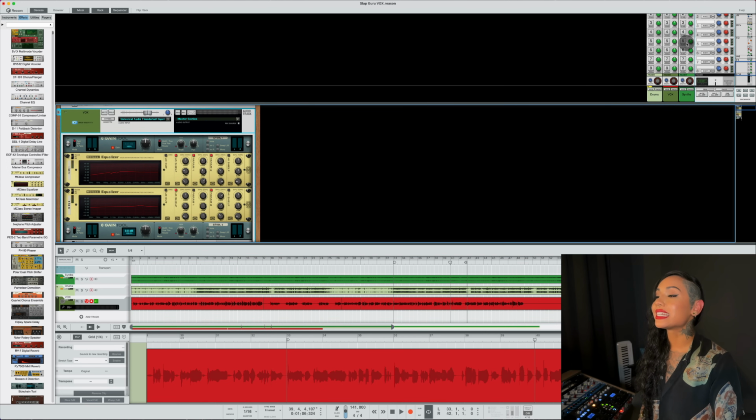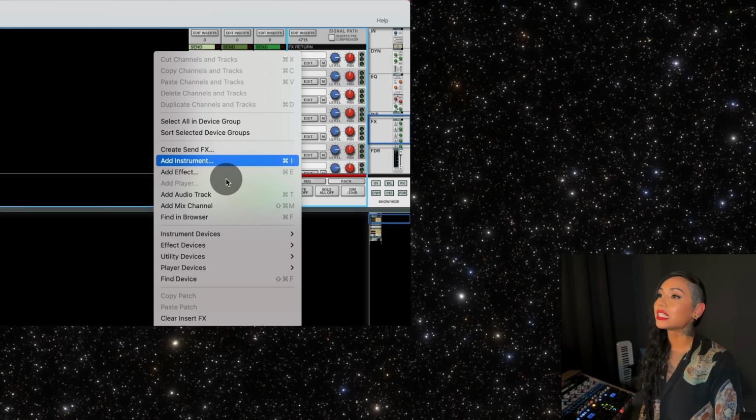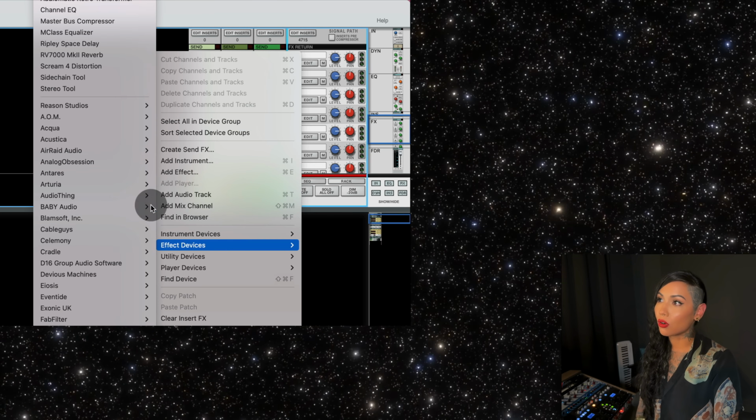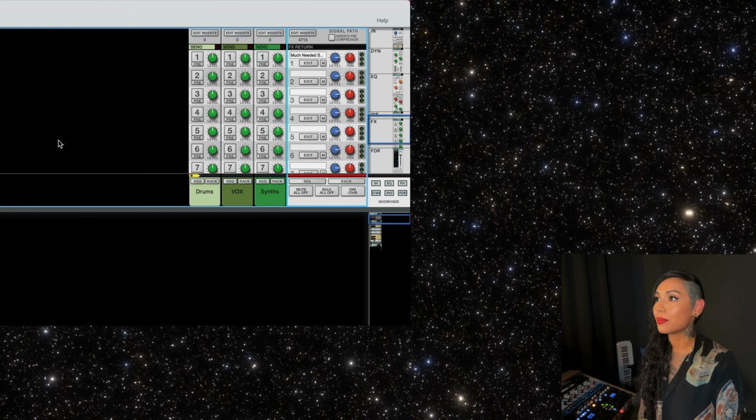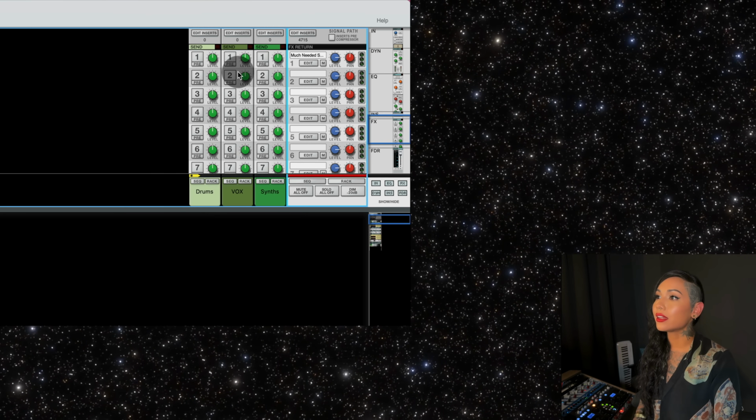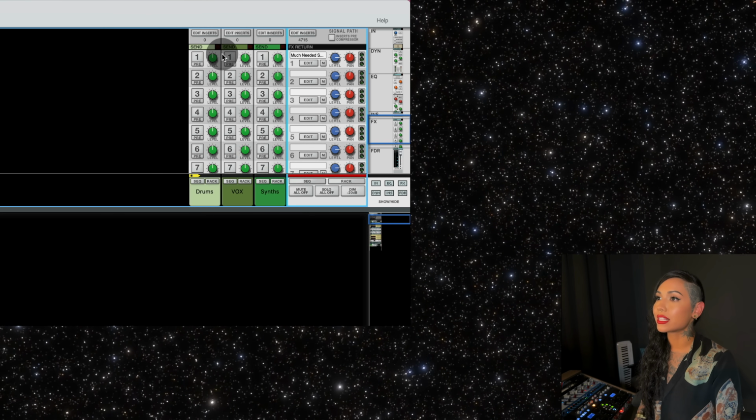The reason I'm using this as an auxiliary effect is so that the delay doesn't affect my processed vocal. Instead, it's layered on top. So I'll turn on the first send on the vocal track and we can listen to what it sounds like